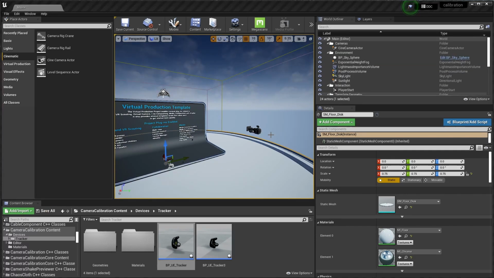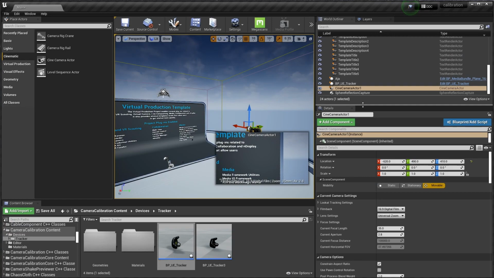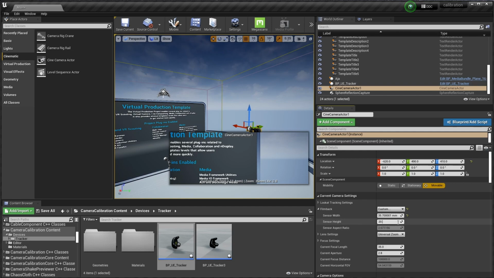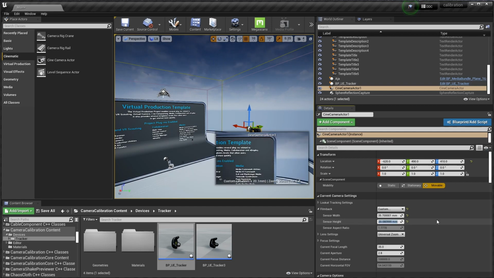Now we do a little bit of setup of the Cine Camera Actor. Select it. Then over here in Details, come down to Film Back. And you need to set the sensor width and height to your camera. In my case, I know it's 35.7 wide and 20.081. Now it's important to get these numbers correct or your calibrations and nodal point finding later on may not